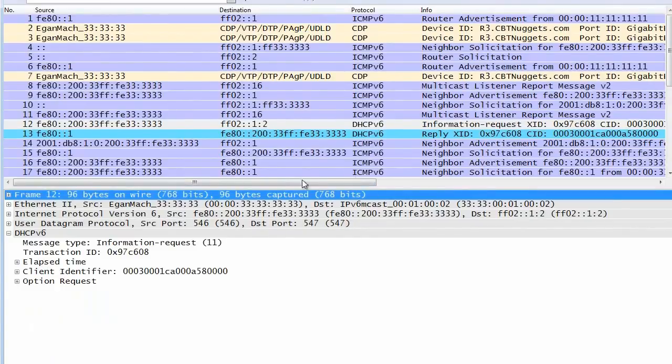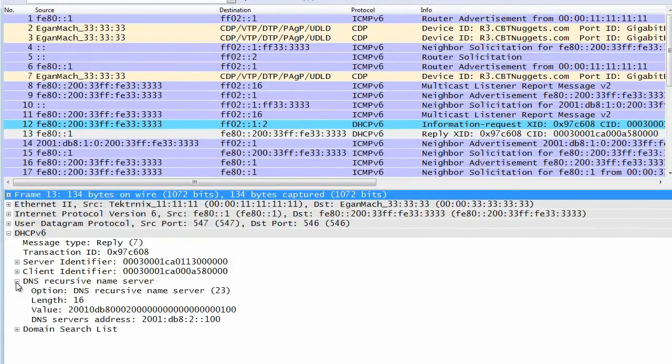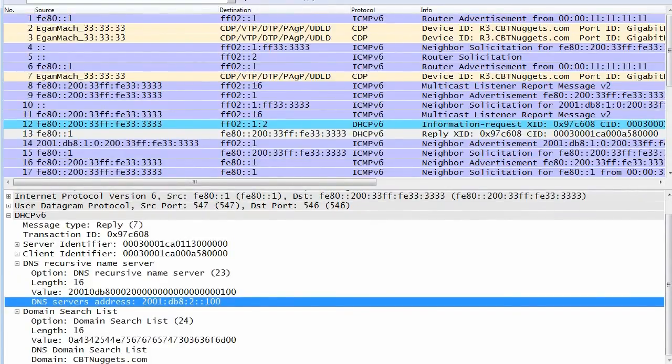And as a response to that, this is packet 12. If we look at packet 13, we have a DHCP version 6 response. In that response, we have the information of the DNS server it should use right there. It also has the domain search list, which is effectively the domain name of CBT Nuggets that was built into